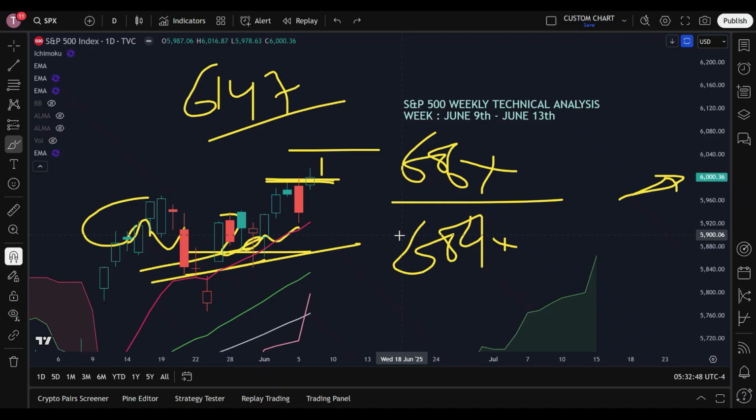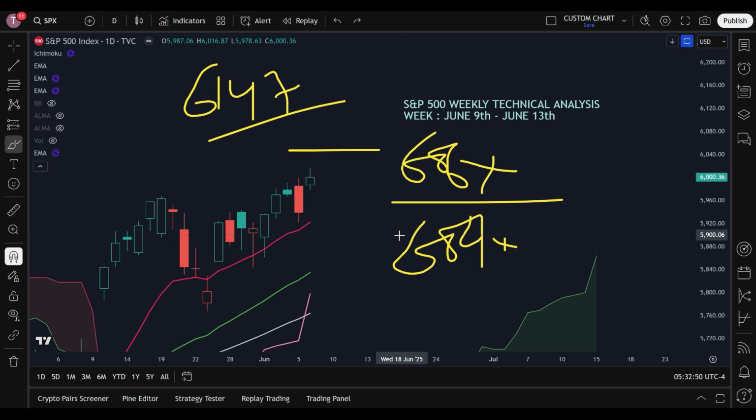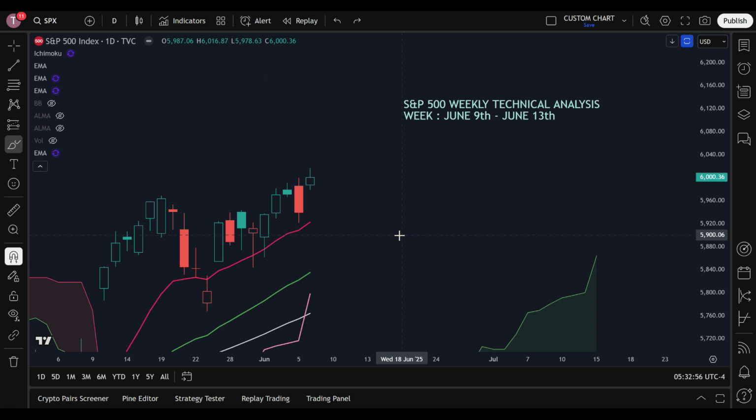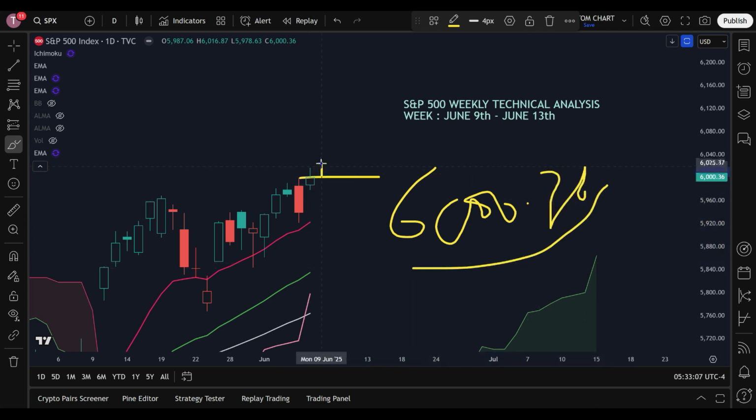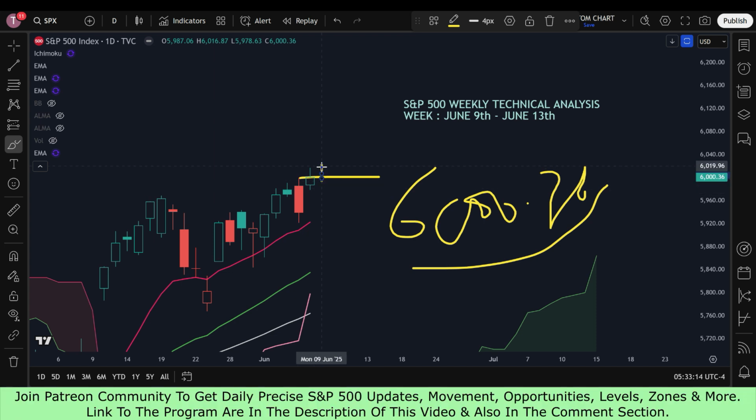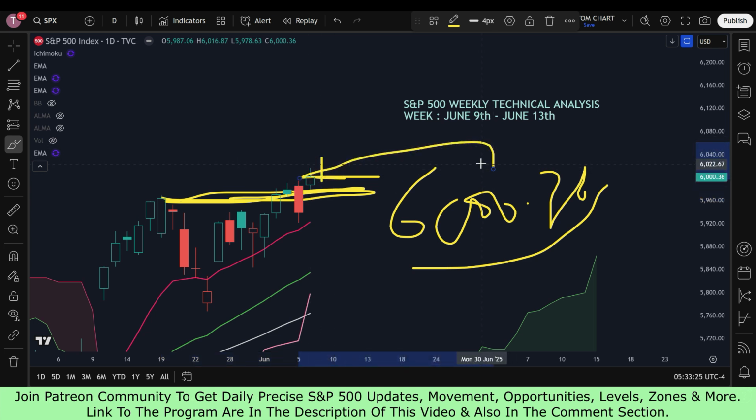So this means that on Monday, most likely there will be a closing above the confluence zone. It may or may not close above 6,000, because on Friday it closed above 6,000 at 6,000.36. If on Monday it tries to move up but fails, it can close a little below 6,000, but that won't matter as such, because any closing is now expected to be at or above the confluence zone. And if all goes well, the closing will be above the 6,000 psychological mark.